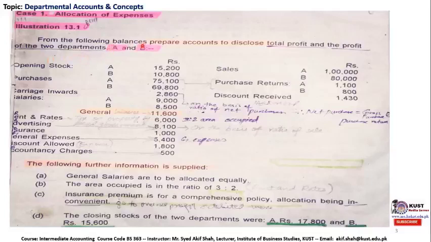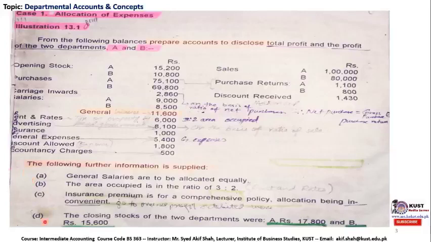From the following balances, prepare accounts to disclose total profit and the profit of the two departments A and B. This data has been extracted from the financial statement of a company, and it elaborates the department A and department B financial data along with certain notes at the end of the question, which assist us to allocate the expenses